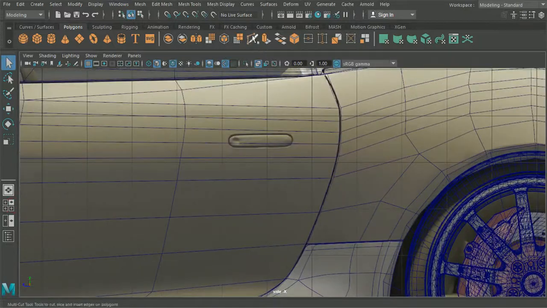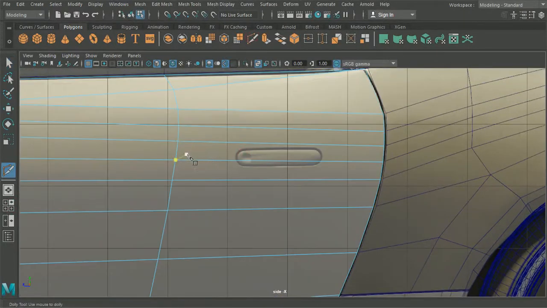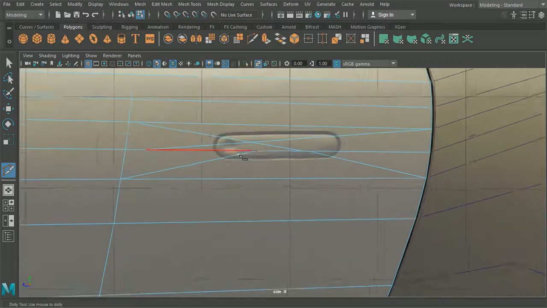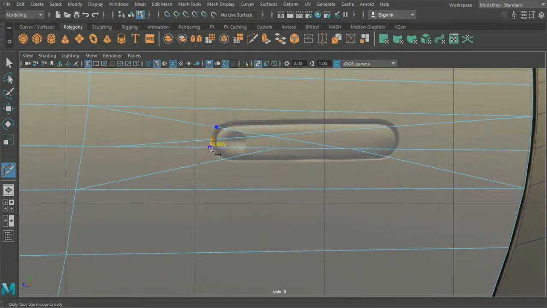So what we'll do with the handle is we want this to be as basic as possible. So what we could maybe try is if we bring in some points around here like so. And over here. I'm just going to bring these lines in as guides. So, something like that. So if we was to now kind of try to roughly draw this handle in like so,